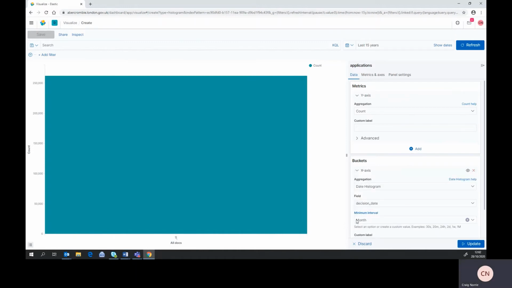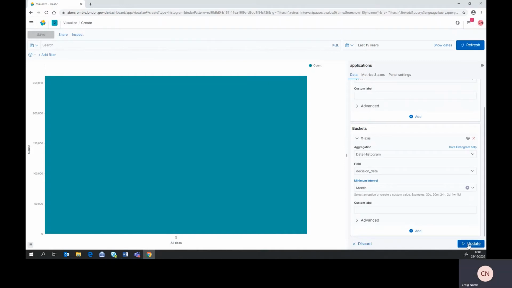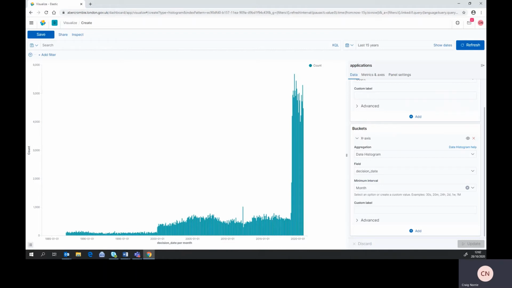In this case, we'll look at month. And click update. So we can see here it's broken down the applications by decision date for every month that they're in the system, going way back. Now that's not very readable at the moment,